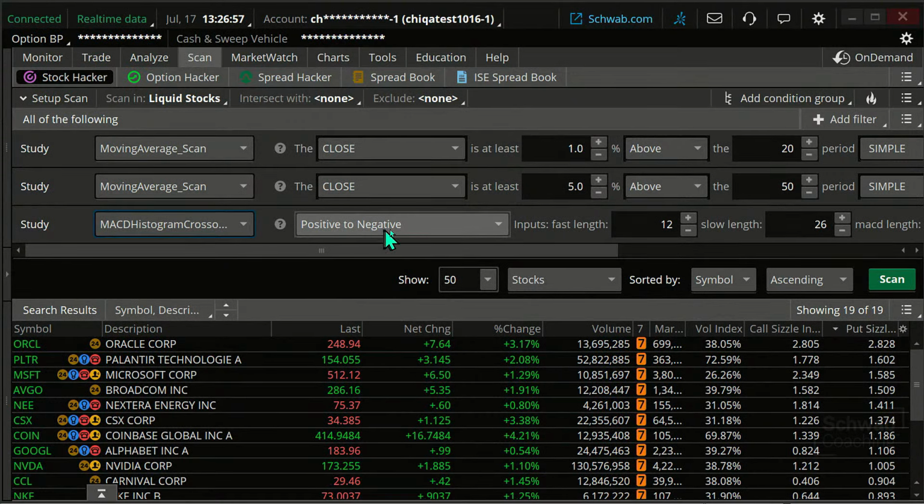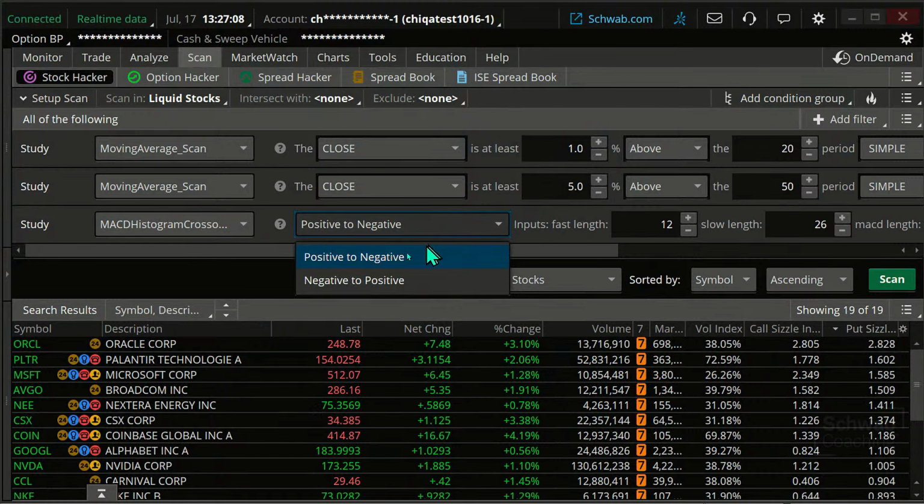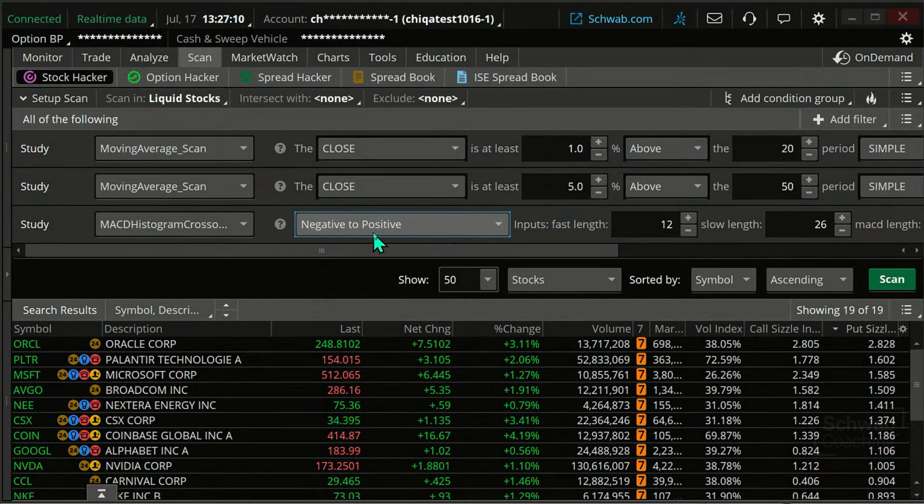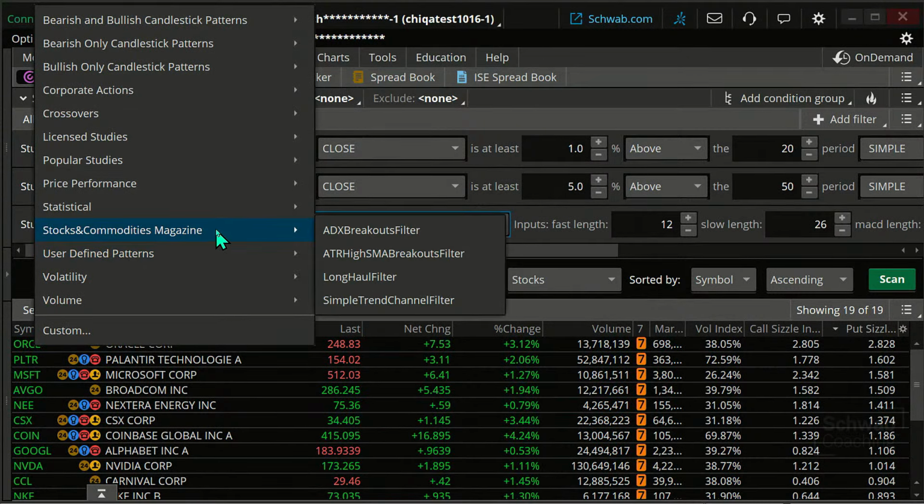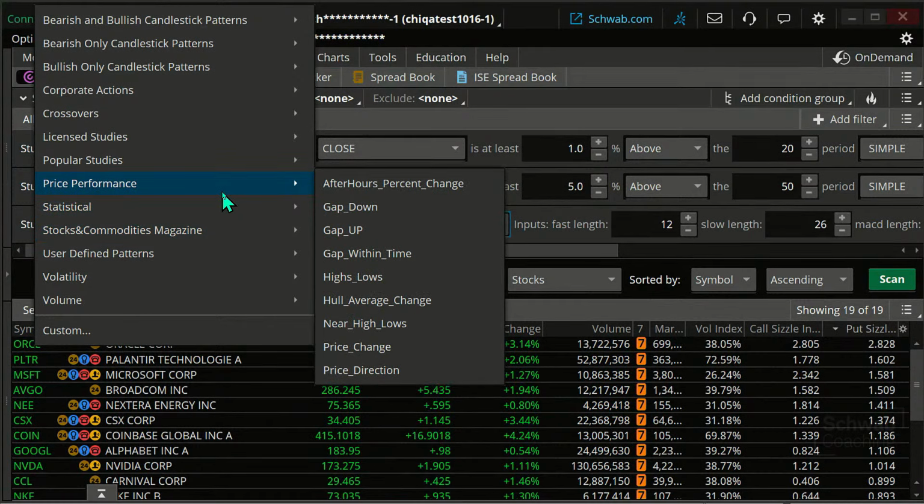Note this is positive and negative. All this one is telling us is, are those MACD bars red or are they green? Is it switching, if I went from negative to positive, is it going from red to green, or positive to negative, green to red? It's just crossing over that zero line. But that's not what I want here. That doesn't do it. You can look through the others, and I don't think there's one that gives me the MACD is going up.